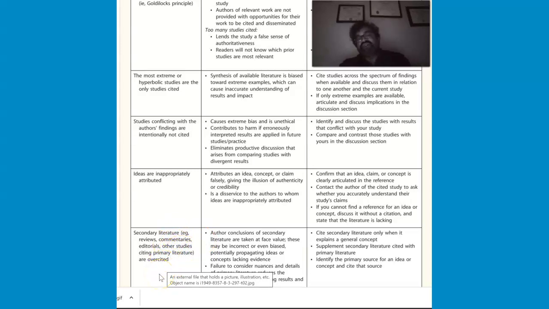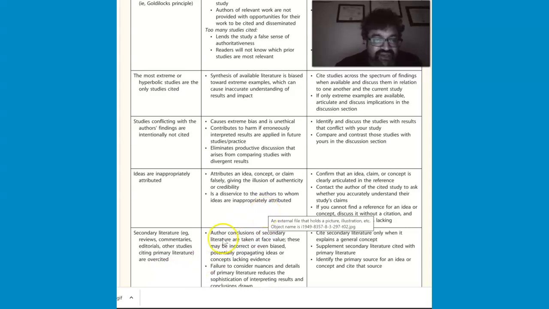So secondary literature is oversighted; not enough is looking into primary studies. Now, when I'm talking about secondary literature, I'm not talking about secondary data analysis. That's different. That is completely fine. But when you're talking about secondary literature, this brings up another important point: